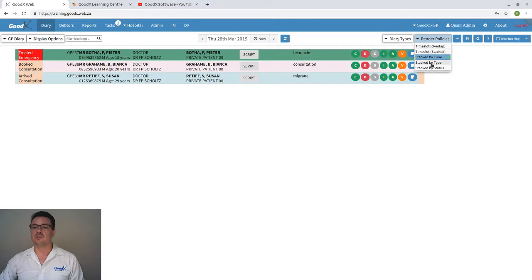If you want to see different stack by type or status, I will explain these scenarios a bit more later in detail. Typically the type is the type of patient I'm dealing with, like the emergency or the consultation. That's a type of patient. Or then I will have the status, that's where the current patient is in your practice. You see, booked, arrived, ready, treated, paid. So there are different statuses also, and if you change these types, it will arrange it according to that type